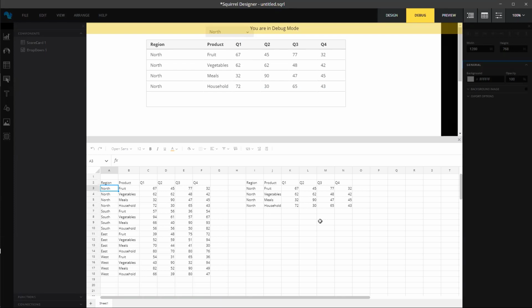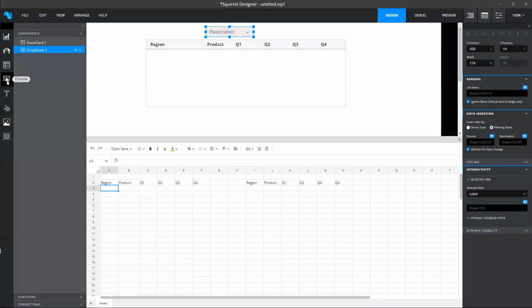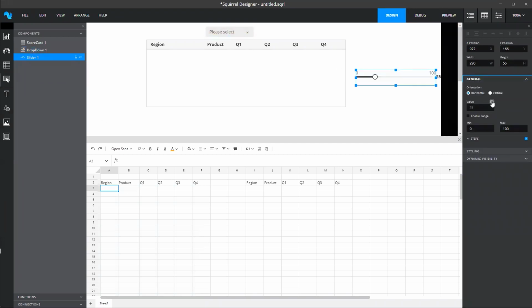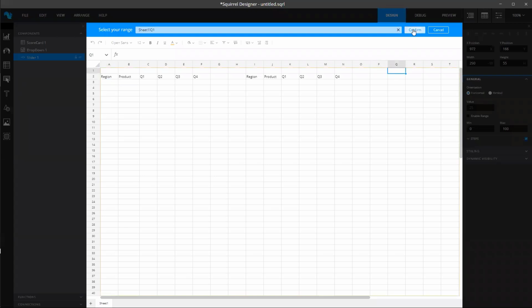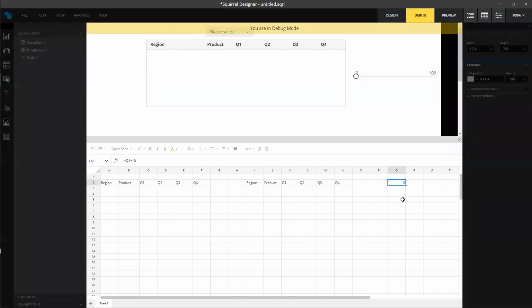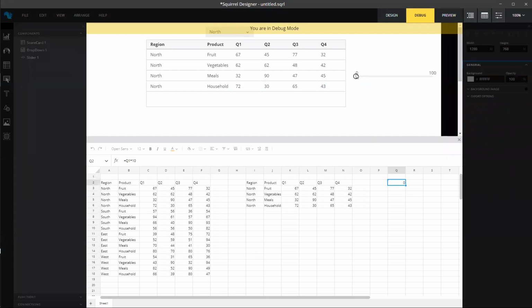And actually the interesting thing is it's not just for data coming in like that. For example, if I come in here and I'm going to add in a slider, and that slider is just as an example is going to go into Q1, and then Q2 is going to be just that times 10, just to show you. So now if I run it in debug, obviously I get all the data that I had before, but if I run the slider, I can see what's happening in those cells. Those cells are updating. So it gives me real deep insight into what's happening in my spreadsheet, and that visibility makes things so much easier to get right and to chase down issues that you might have.